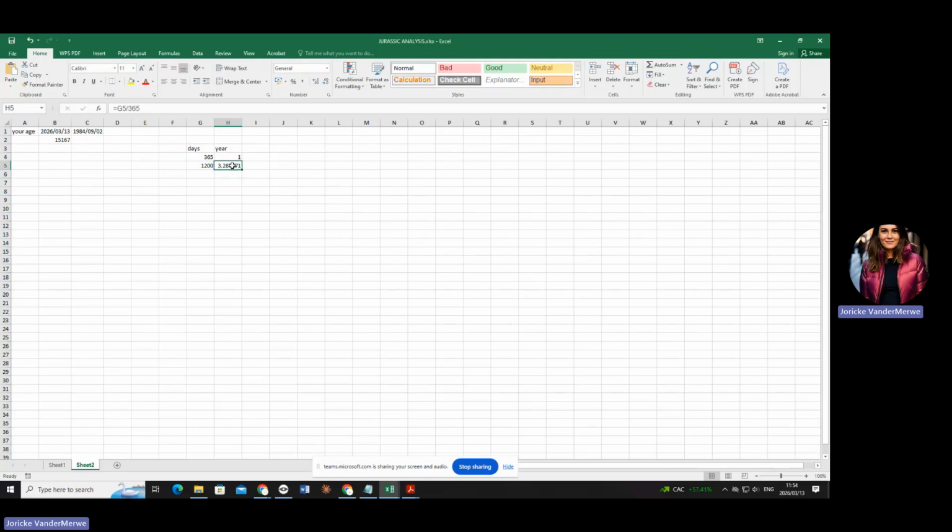Okay. Now, the reason we're not going to divide by 365 and we are going to divide by 365.25 is the following. It's the more accurate way, but some lecturers just say divide by 365. But I want you to understand why it's 365.25.